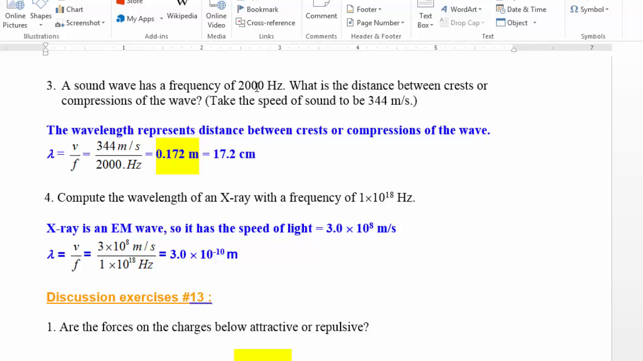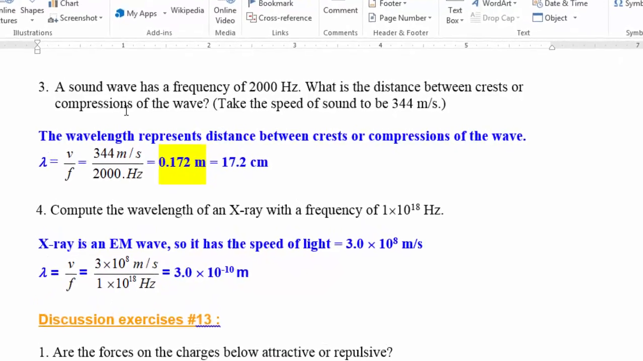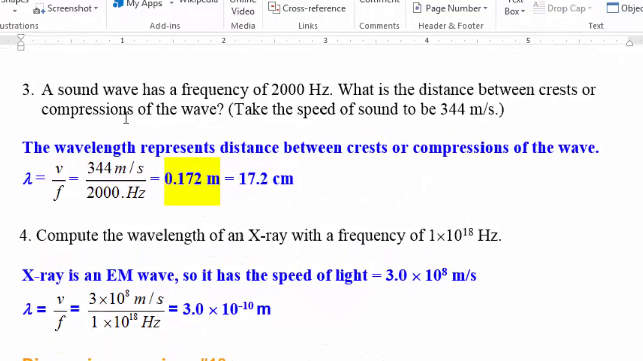Of course, sound waves are longitudinal waves. They propagate by means of compression and rarefaction. So it's basically the distance, for example, between 2 successive compressions, which constitutes a wavelength. So we are asked to find the wavelength. And here it asks us to take the speed of sound to be 344 meters per second. So we don't need to calculate the speed of sound using the temperature since it's already given to us. So to find the wavelength, we'll divide the speed of sound given to us, which is 344 meters per second, by the frequency, which is 2000 hertz, and this will yield